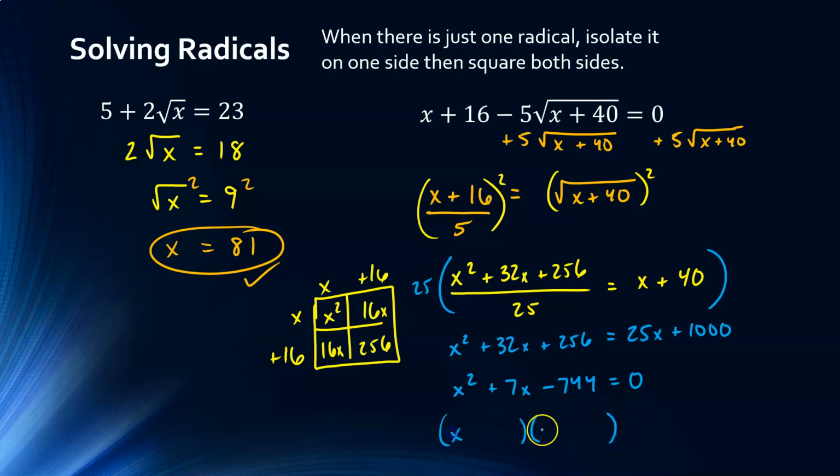If I could find two numbers that multiply together to be negative 744, that add together to be a positive 7, I'll have my answers. Well, again, that takes a little bit of digging around. Okay, so I'm going to admit, when I did this on my own, I had to take 744 divided by,